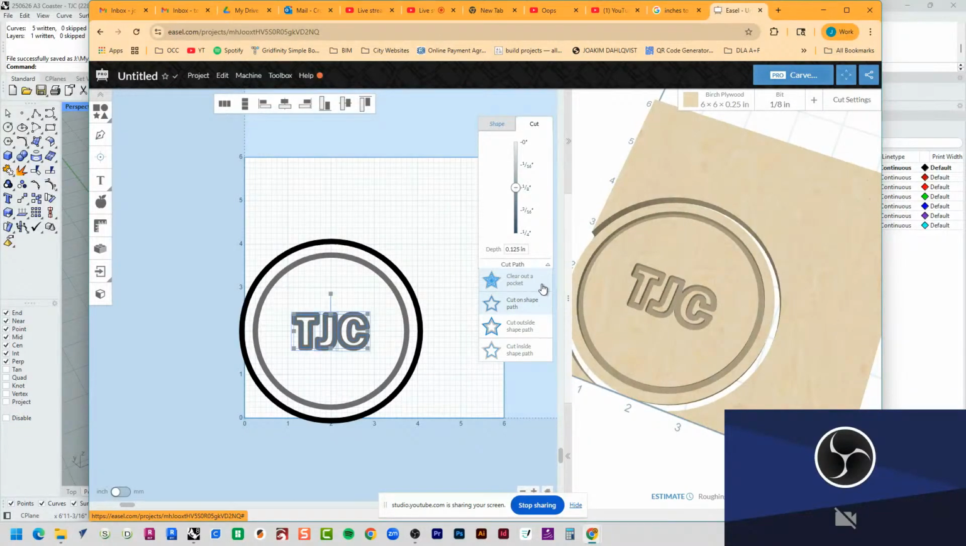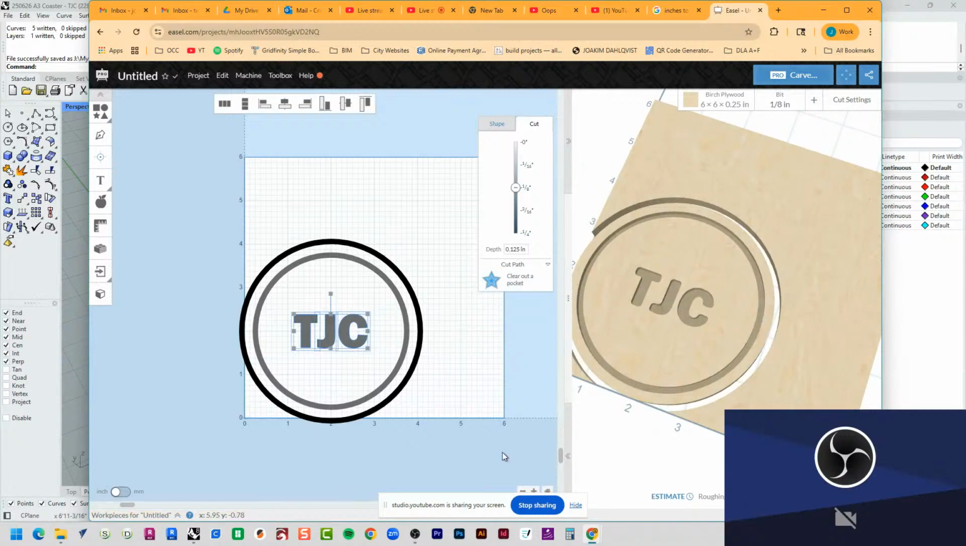Okay, and then instead of cut on shape path or outside of the shape path or inside of the shape path, let's see what happens if I say clear out pocket. When you select clear out pocket, it creates a little pocket within that region, and it tries to mill it all out. I want you to notice that